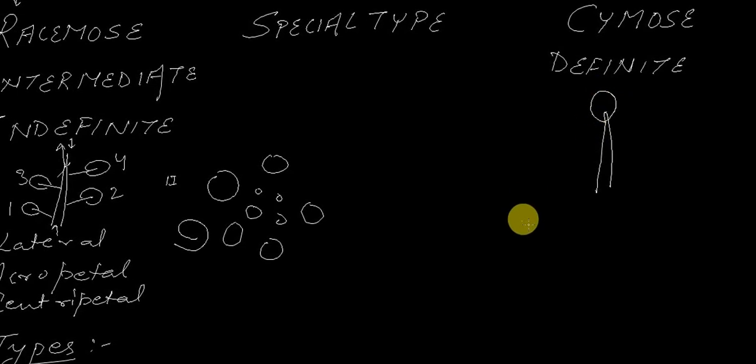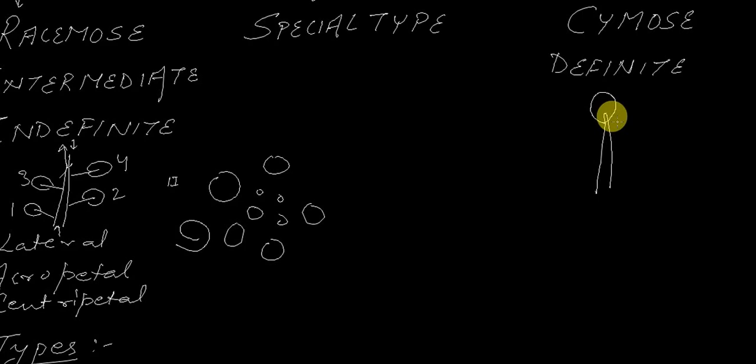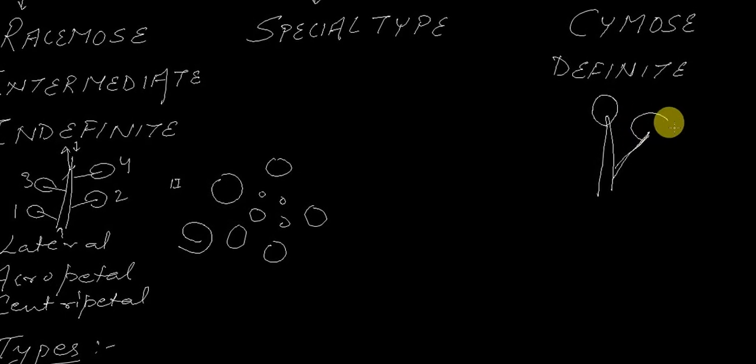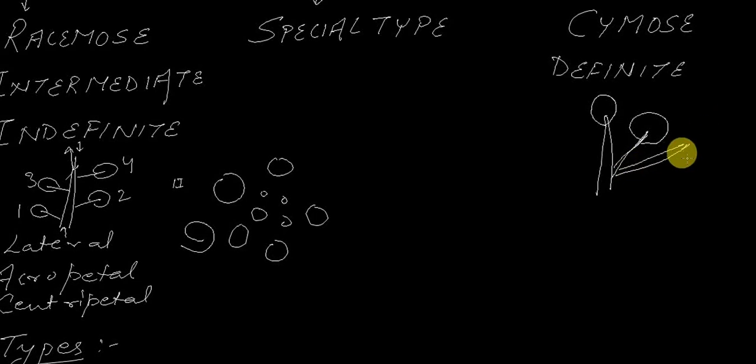So we can see now flower is not formed on the side, but it is formed over the tip. So from where will a new flower arise? Over here already one flower has been formed, so now on the lower side of the inflorescence axis, a branch will arise in this manner. And again at the tip of this branch, the meristematic tissue is consumed. So over here also again a new flower will be formed. Same way from the base of this another branch will arise, and it will have the flower at the top. So this is called as cymose inflorescence.